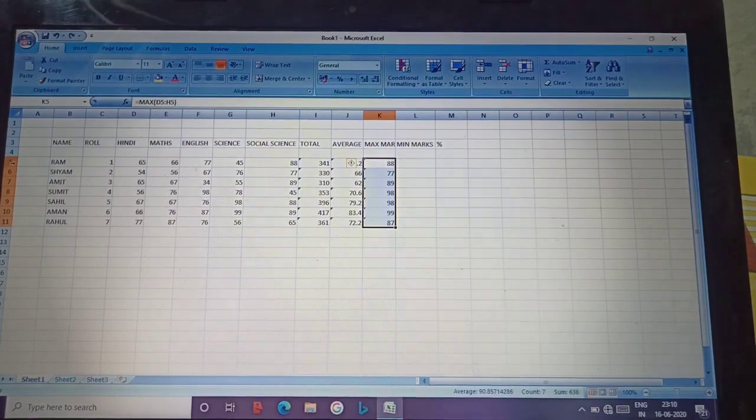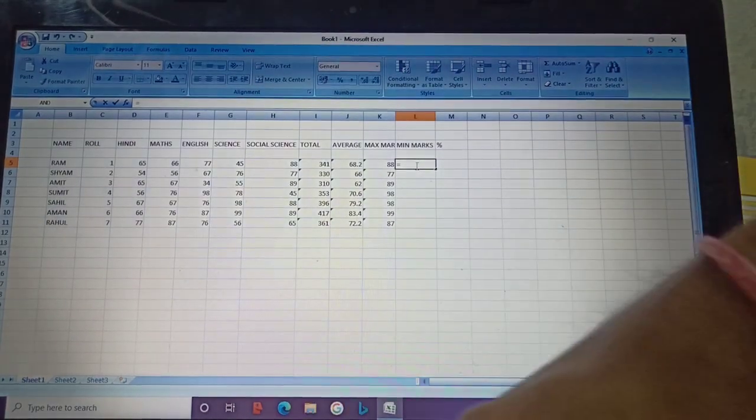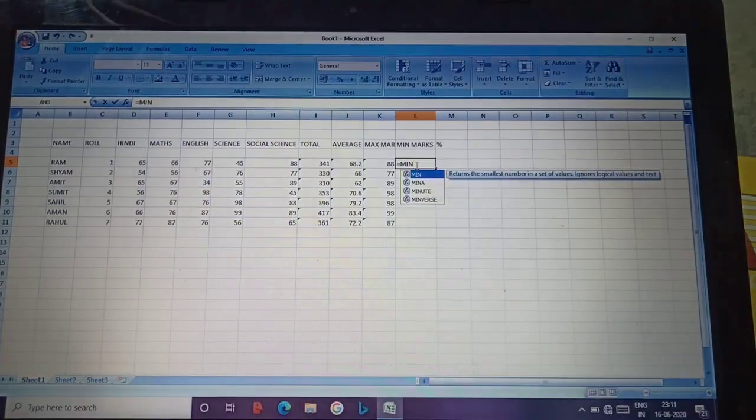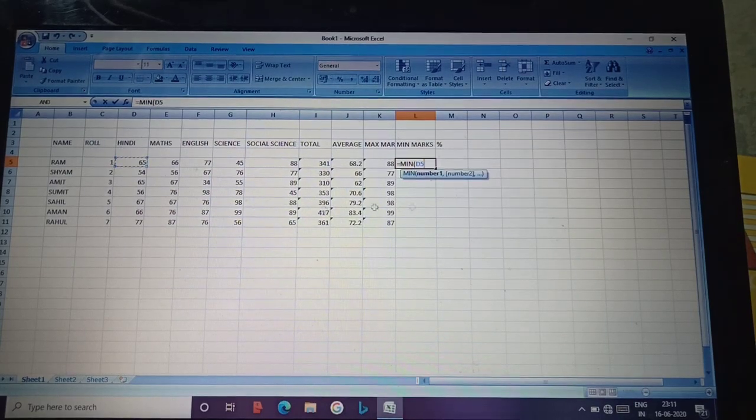If you have poor control over the mouse and you are unable to select all the numbers at once, in that case, we will start writing the formula min for finding the minimum marks, round bracket, and what we will do is take one cell. We will not select the continuous cells, and we will put a comma like this.